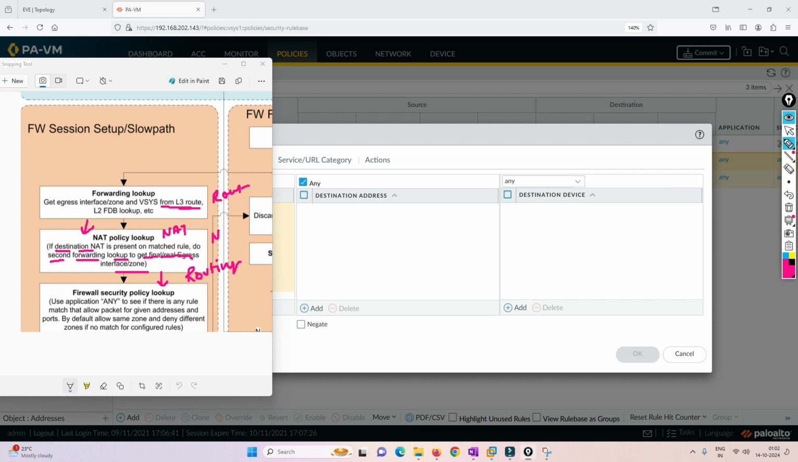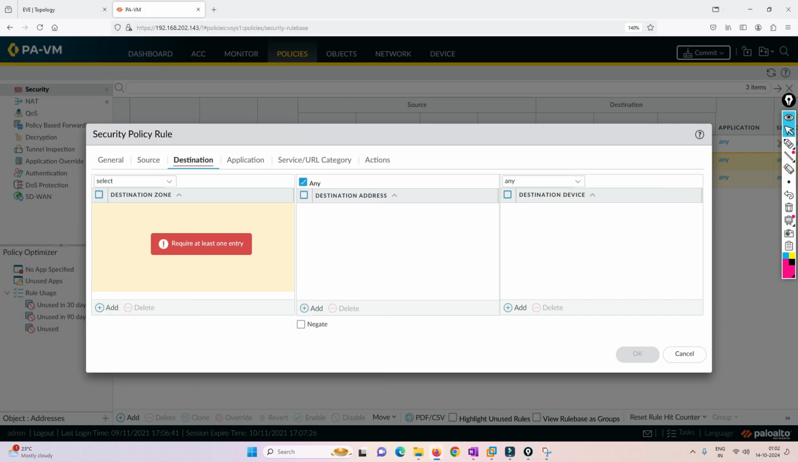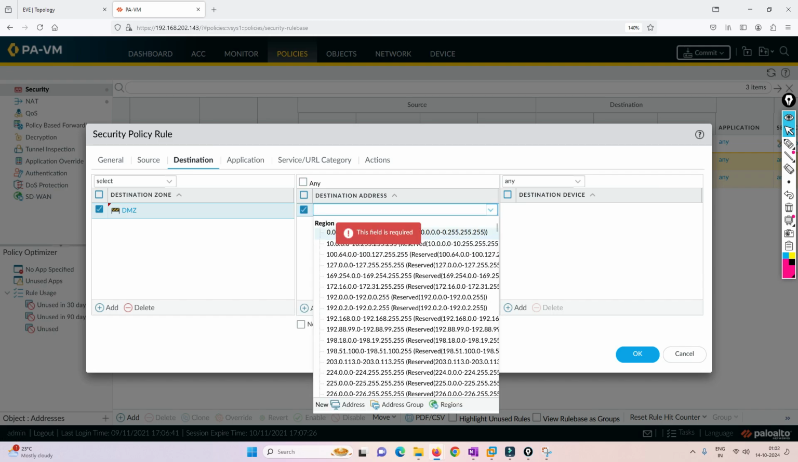So here after the NAT is happening, the routing lookup will happen. So it will get to know that it is going to DMZ now. So once the NAT happens, it gets to know that it is going to DMZ, right? So that is the reason the destination zone will be DMZ over here. Okay, and here we have to put the public IP address, which is